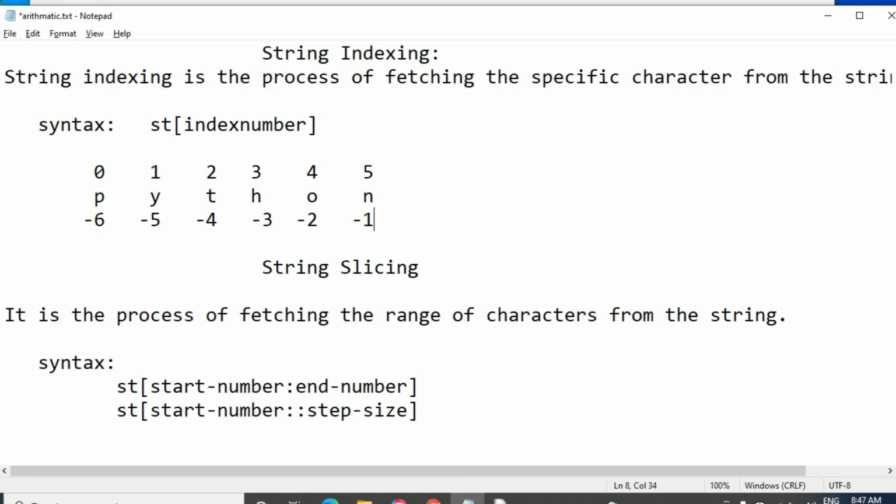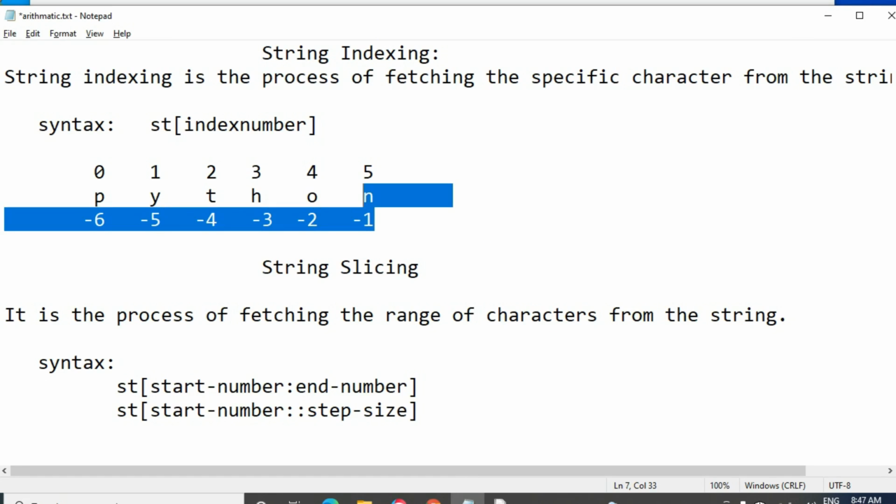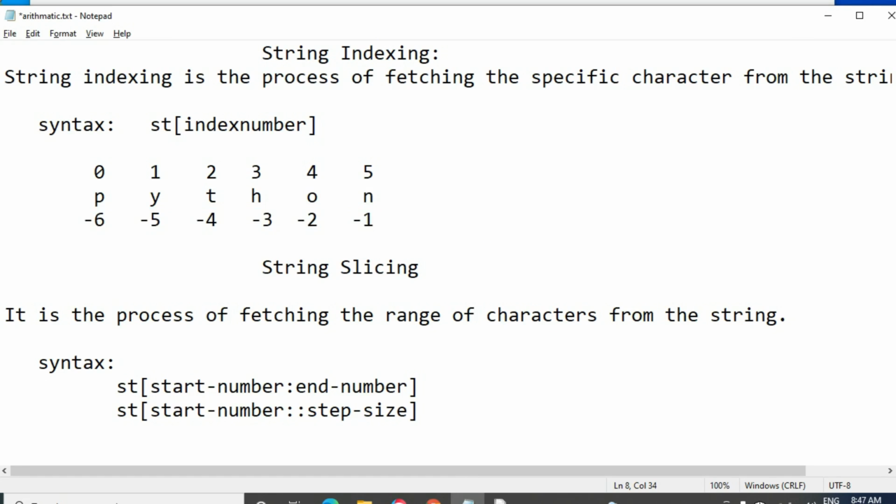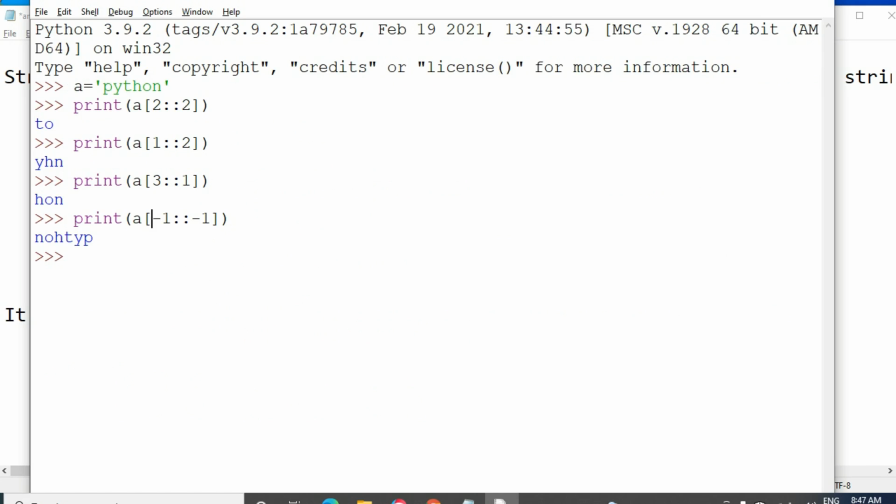See how it happens. Our start number is minus 1, so the string starts from N, this position, and the increment number is 1, so next character, then the next character, next one, next one. So the entire string has reversed. This output has come. This is the way to reverse a particular string. This is very important in interviews also.